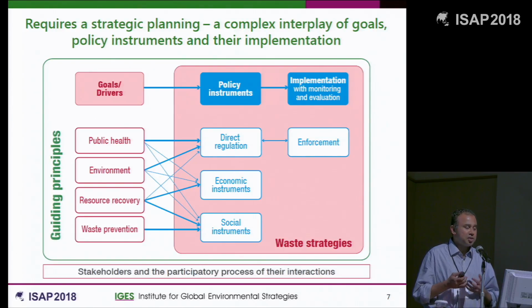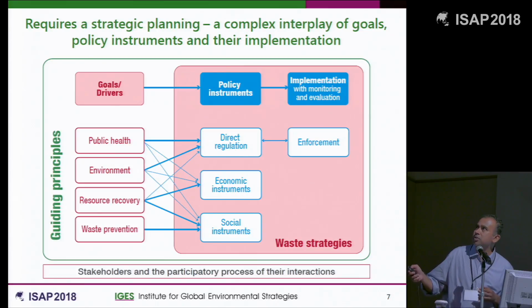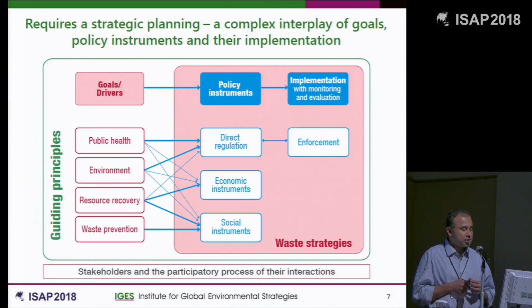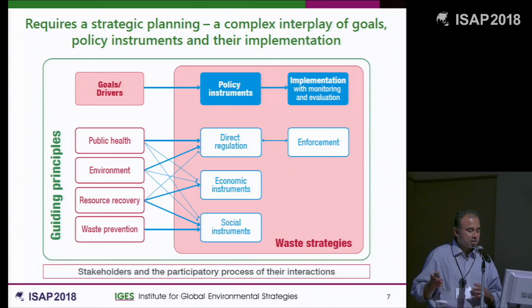So for that, they had to change their planning and management style to move toward a strategic way of thinking and planning. This is very important because, as we see, they need to have some kind of ideas, drivers or goals in the guiding principles to make them move from waste management to resource management thinking. But for that, they need some kind of policy directions and implementations to drive this